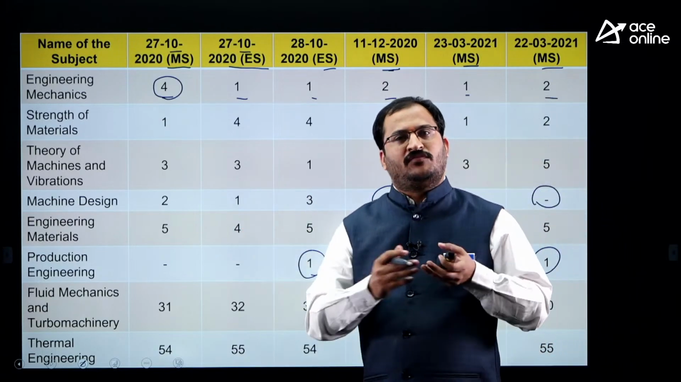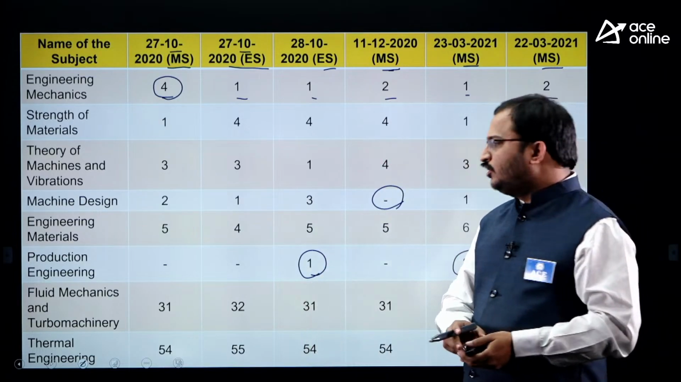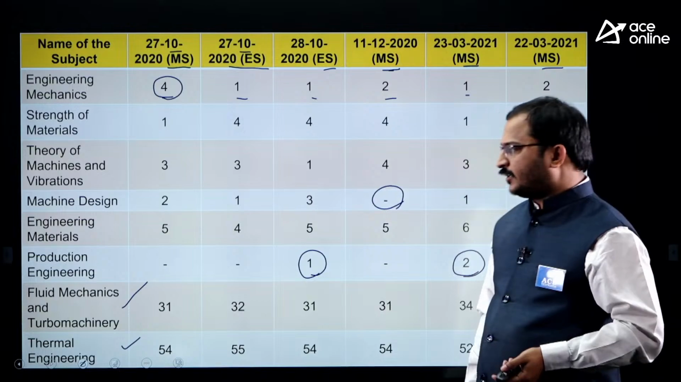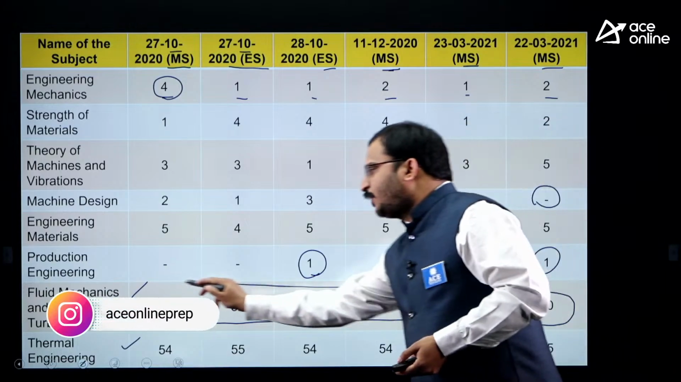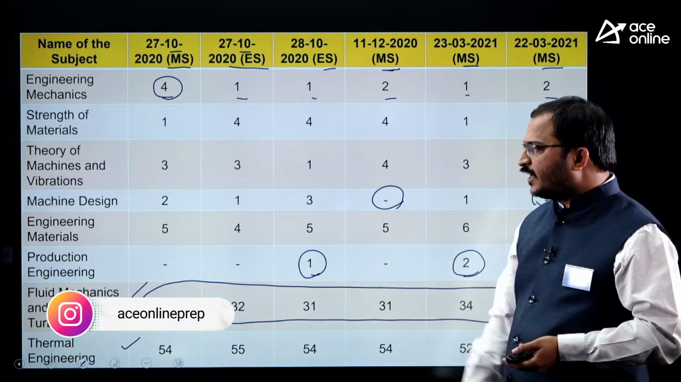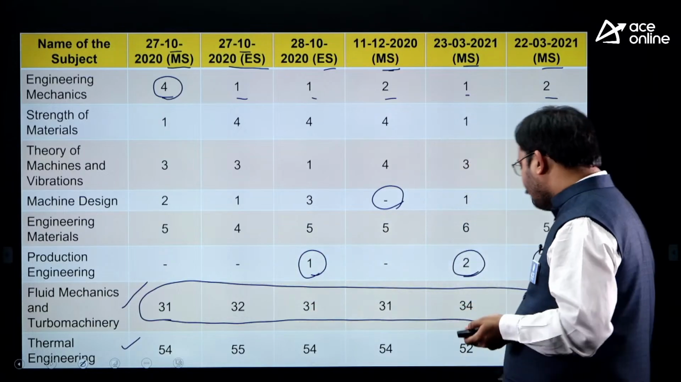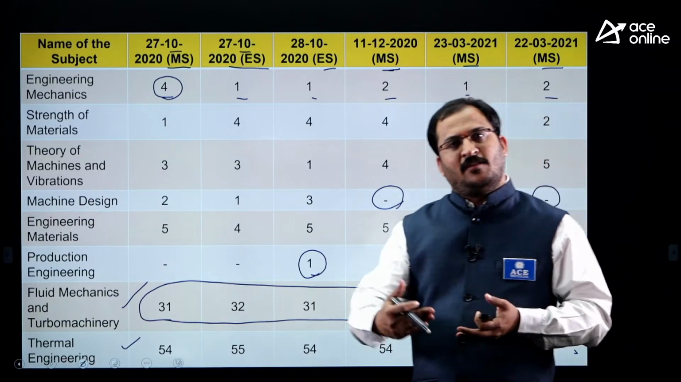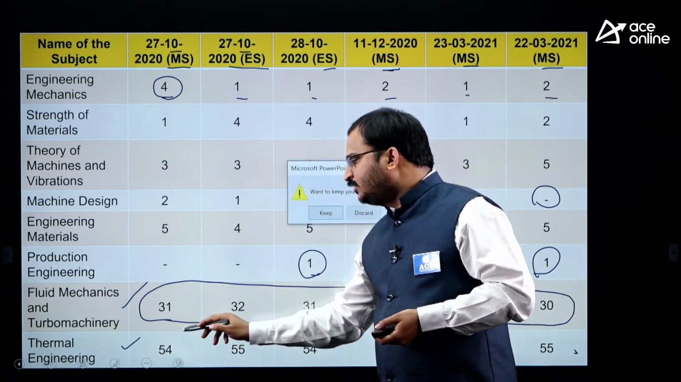Then the majority of the share of the marks out of 100 marks or 100 questions, as I told you earlier, came from fluid mechanics and turbomachinery and thermal engineering part. So you can observe around 30 marks for fluid mechanics and turbomachinery, whereas for thermal engineering part you can observe around 50 marks. So major weightage is for thermal engineering, that means thermodynamics and applied thermodynamics together. So you have around 54 marks that was given in this